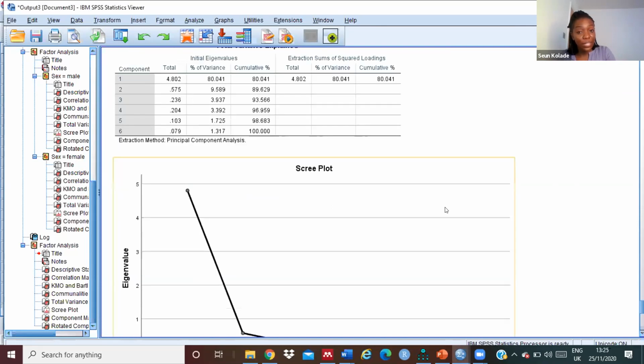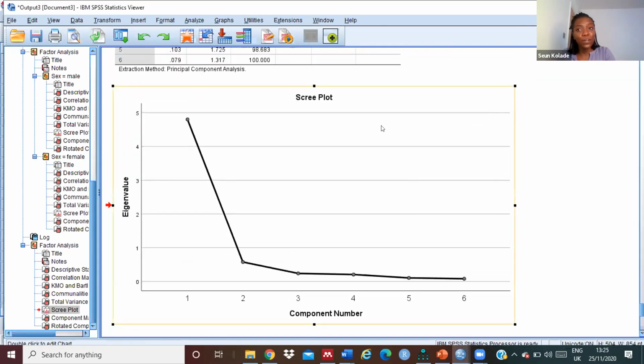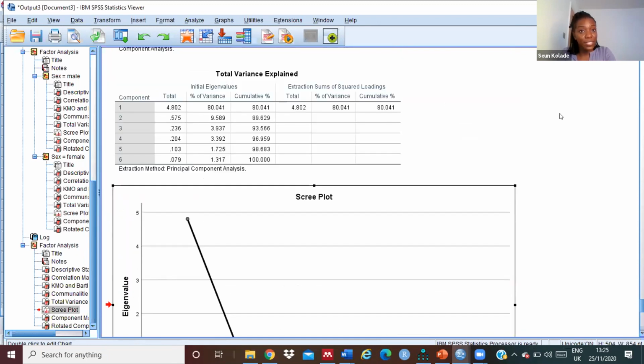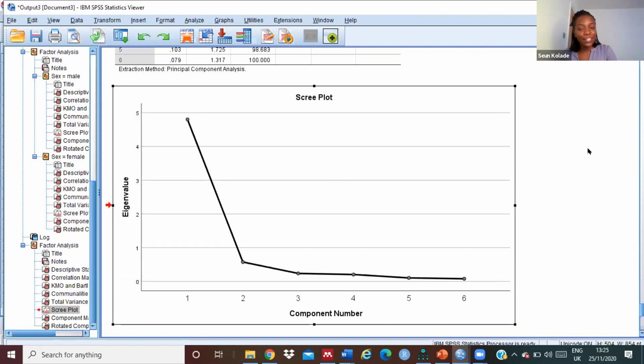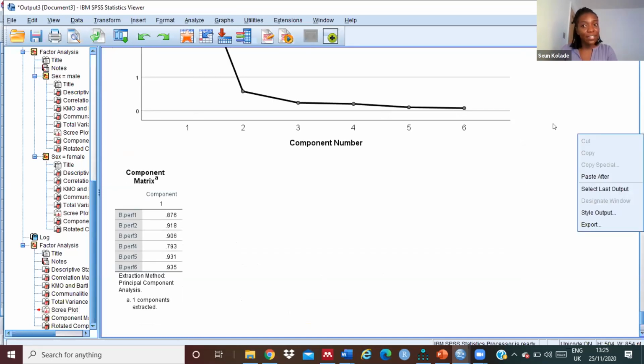Another thing that you'd want to use, now the scree plot in this case is in agreement with the total variance. So that's good. You only look for where your eigenvalue ends up having quite a huge distance from one another. So in this case, you only see that it's 1 on here. So perhaps assuming if there was supposed to be another one here, somewhere along this line, then what that means is that we would have 2 factors, or we would generate 2 new variables that would represent business performance. But in this case, it showcases that everything is well